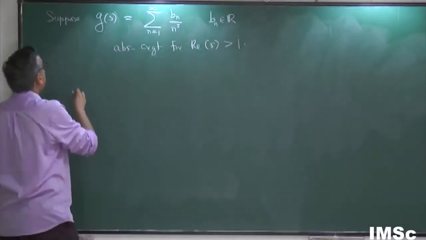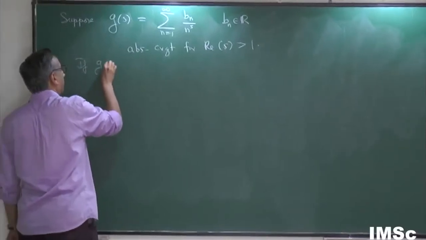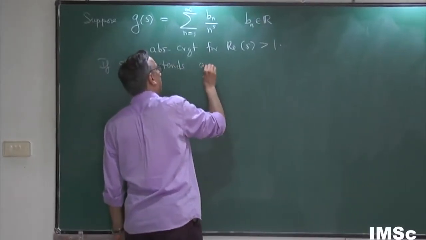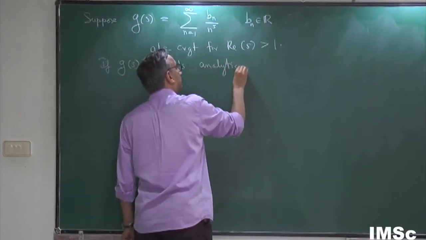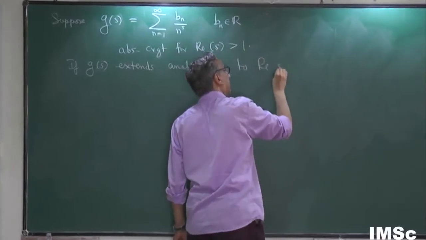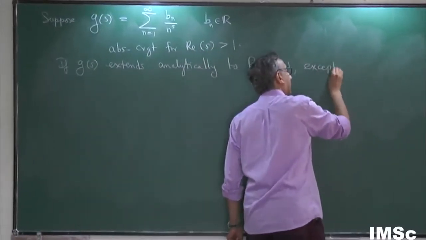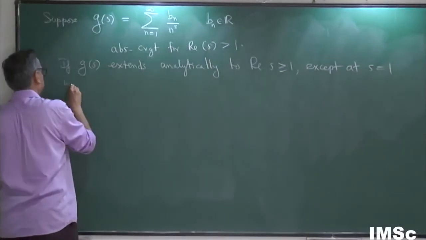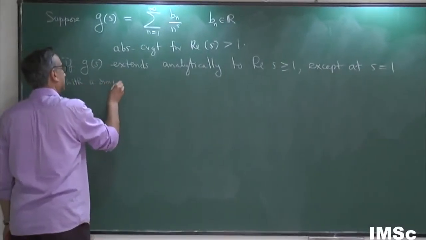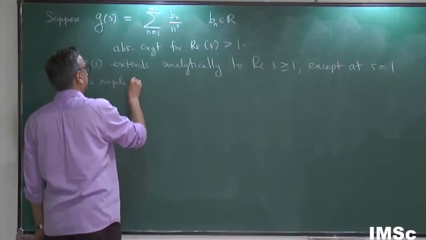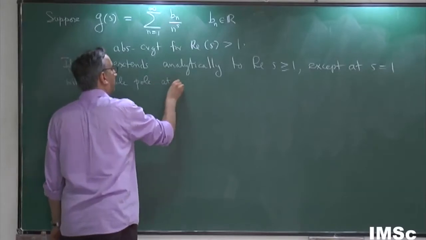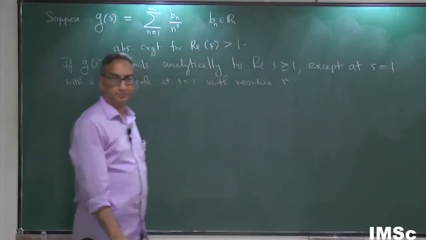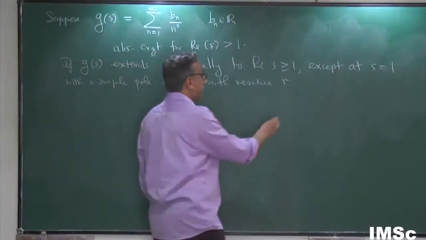Suppose G of s extends analytically to real part of s greater than or equal to 1 except at s equals 1, with a simple pole at s equals 1 with residue little r. Okay, and further suppose